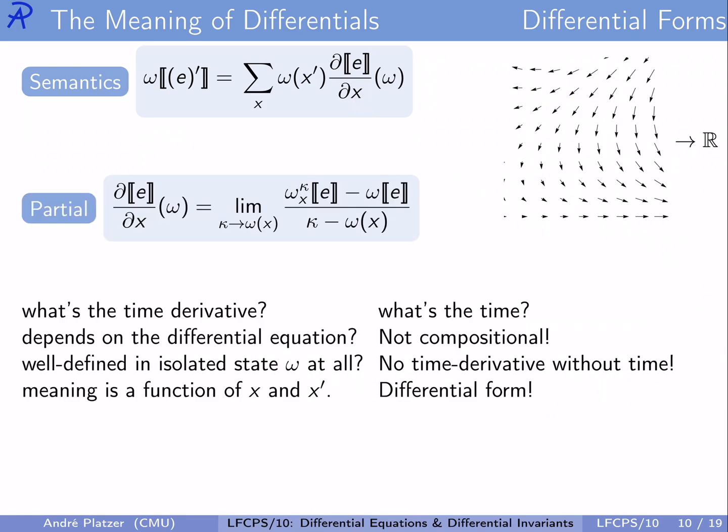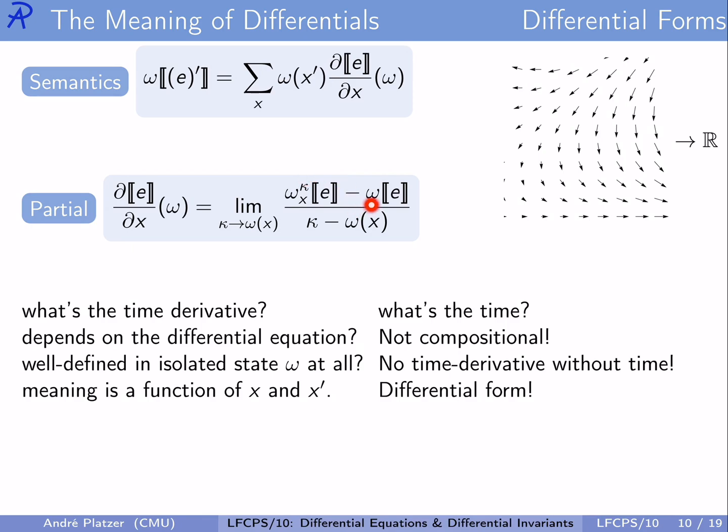Remember, what are partial derivatives? The partial derivative of the value of e in the state omega as x is changing is the limit as a variable kappa is approaching the value that the variable x has at state omega. So we're getting closer and closer to the value that x has at omega, of the value of e in a state that looks like omega, except it has the value of the variable x replaced by kappa